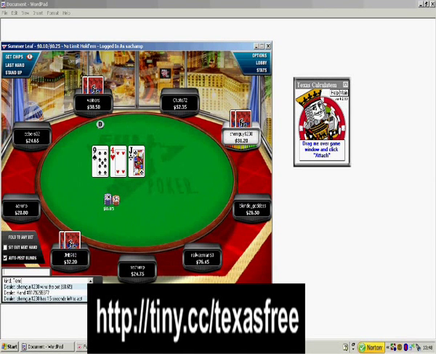Hello, welcome to this auto read calculator demonstration. I'm currently in a Full Tilt Poker cash game and I'm now going to show you how an auto read calculator works. Before I put it onto the game, I just want to tell you that this is an exceptional